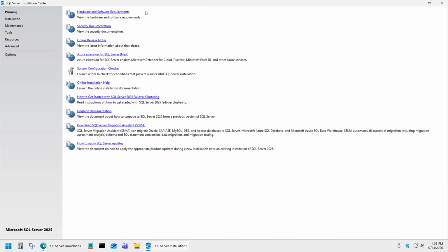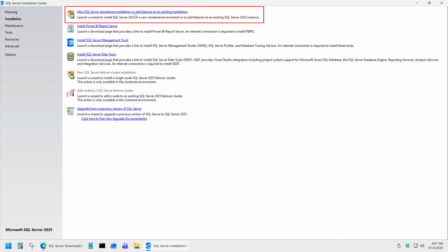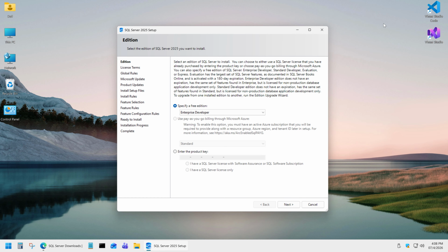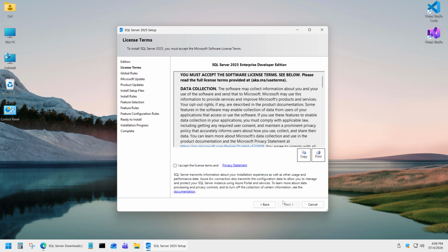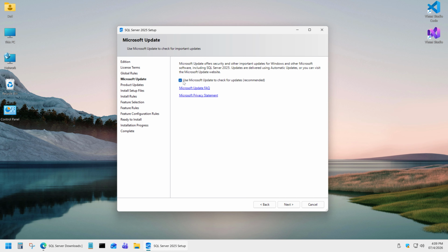Here you can check the documentation or start the installation. If you already have an older version of SQL Server, you can upgrade it to 2025. If not, select Install a new standalone SQL Server instance. Our edition is Enterprise Developer. Accept the terms, enable updates,